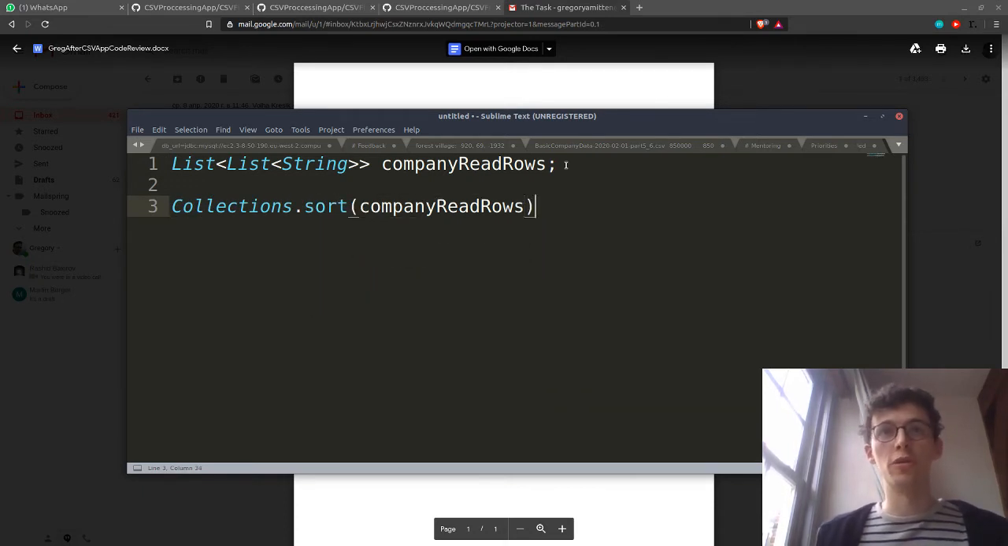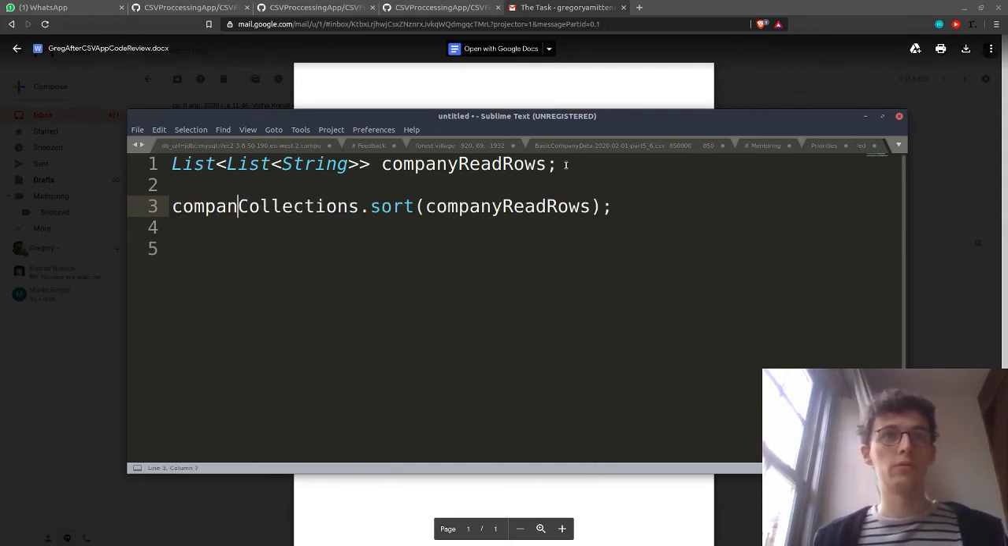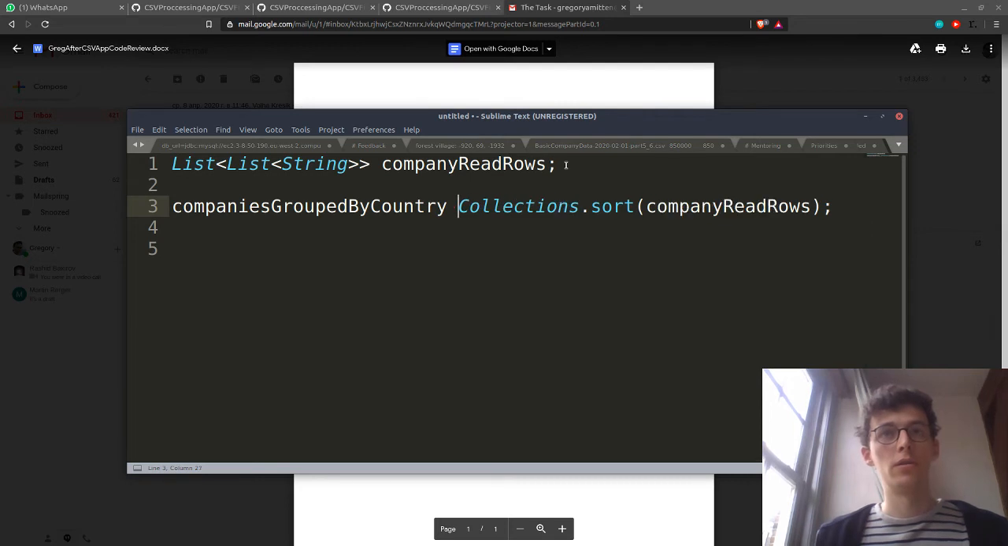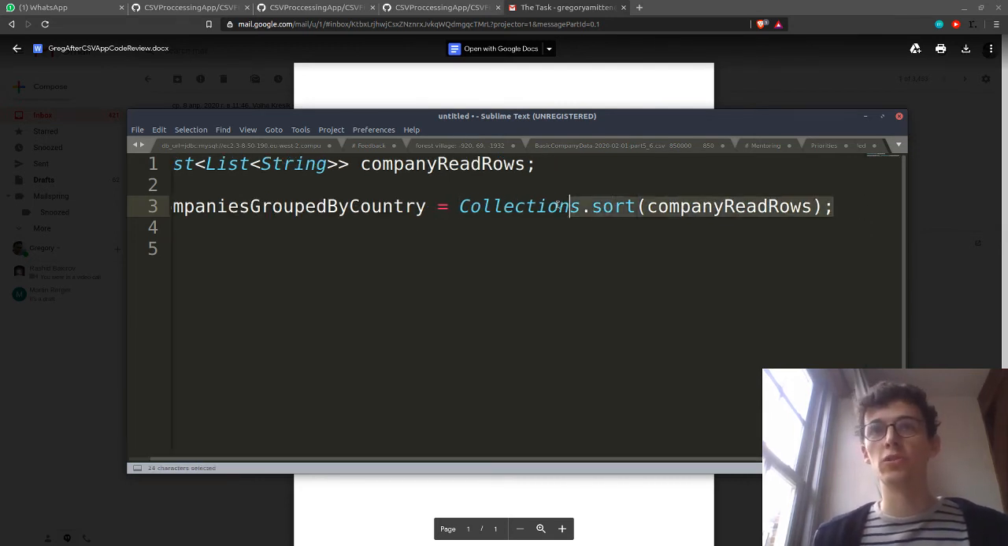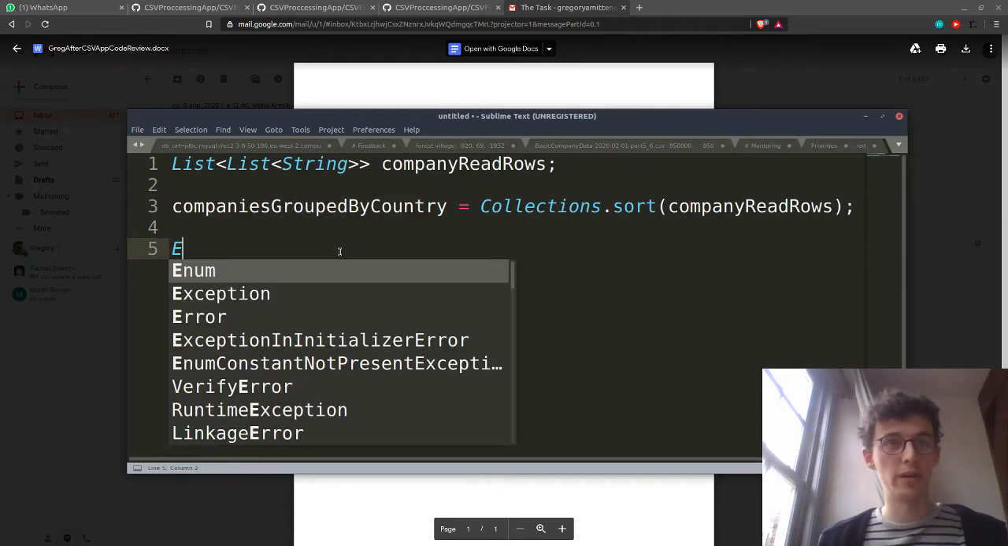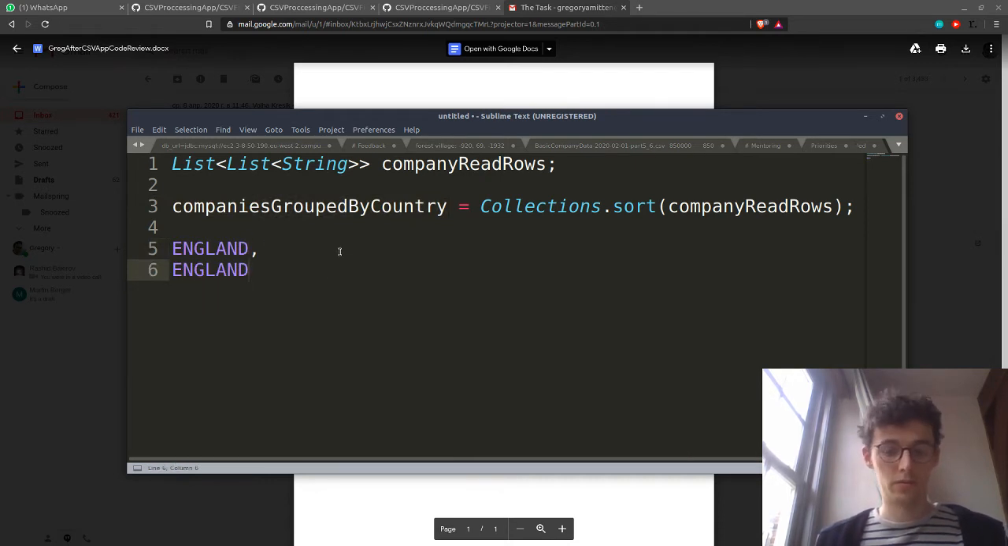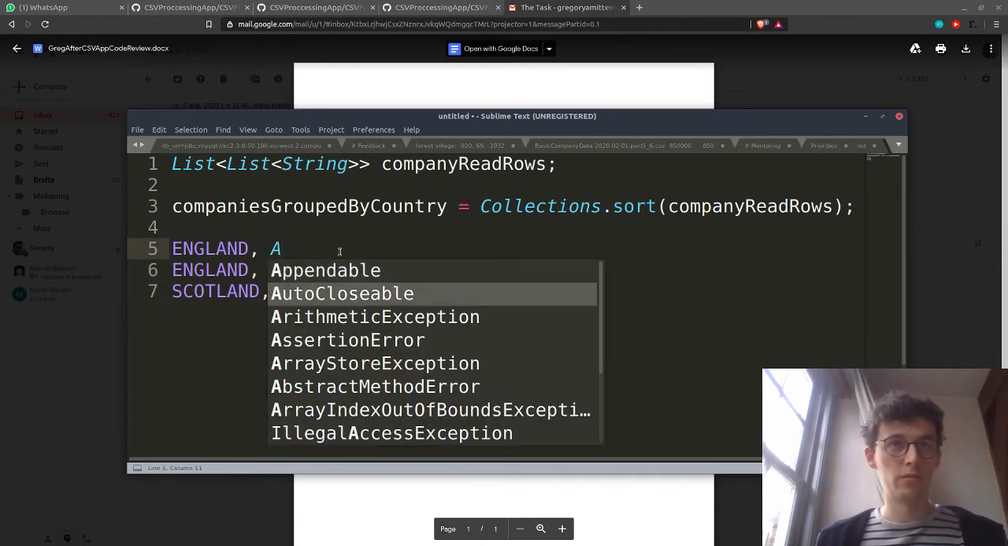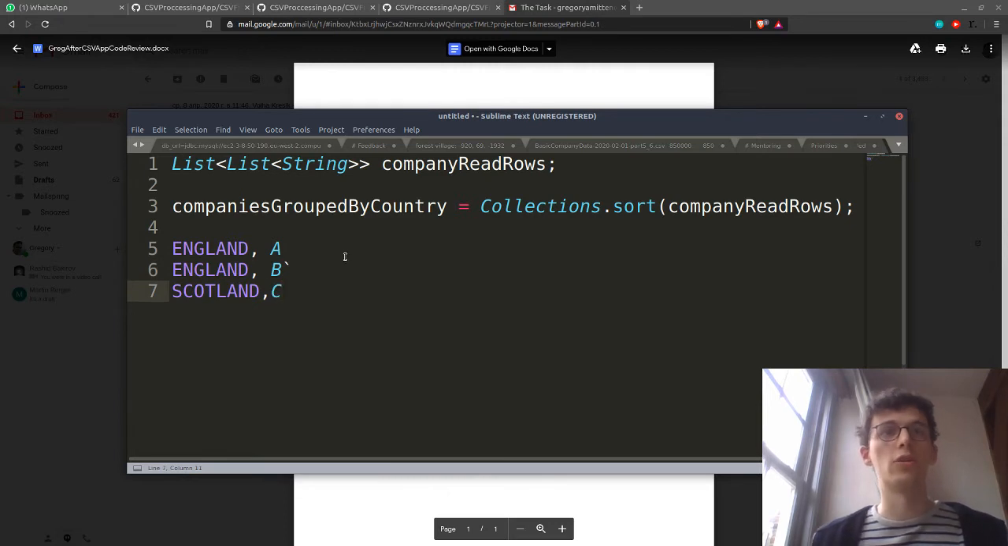again, this is kind of pseudocode, right? Then this can become, I know this isn't how collections.sort works, companies grouped by country, right? Because after it's sorted, that's when it becomes this, because then England, Scotland, right, these are grouped by the country. And this is kind of what I wanted to get back to,